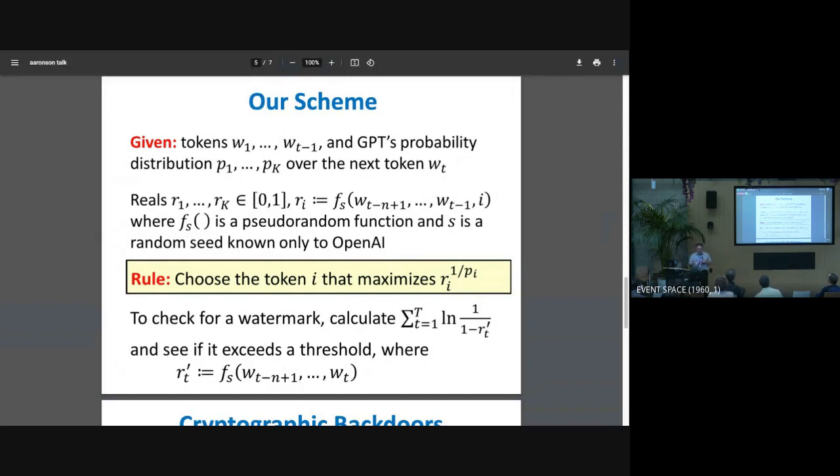Number one, the output looks to the user exactly as if token i is sampled with probability p sub i. They can't distinguish without breaking the pseudo-random function. Now, two, if you know the key, then there is some score that you can calculate, that sum at the bottom, which is systematically larger for watermarked text than for non-watermarked text, at some rate that depends on the entropy